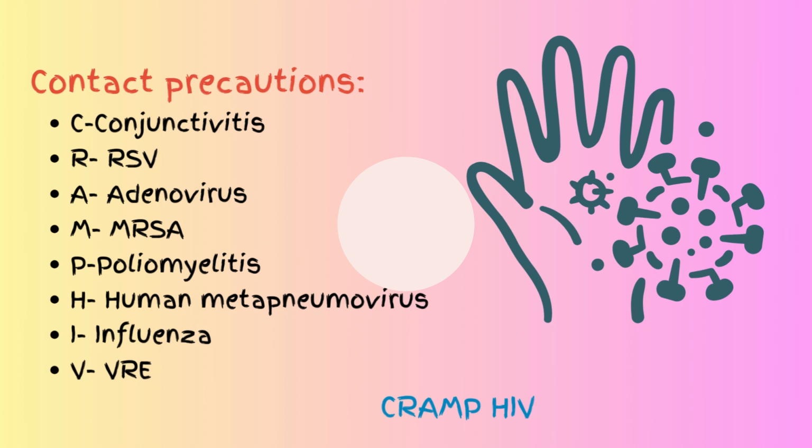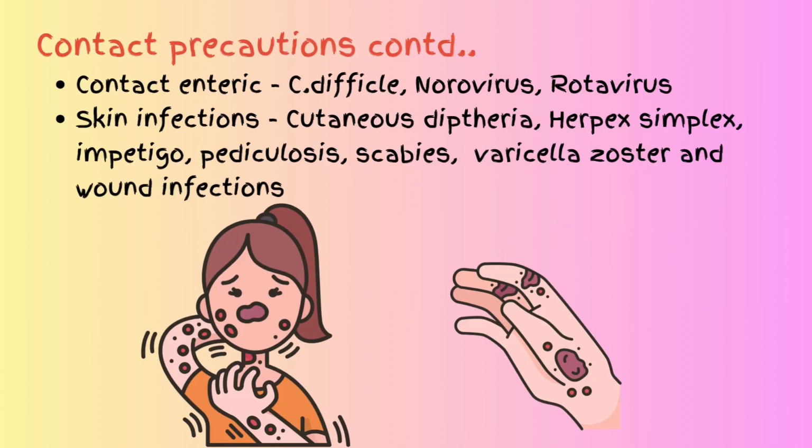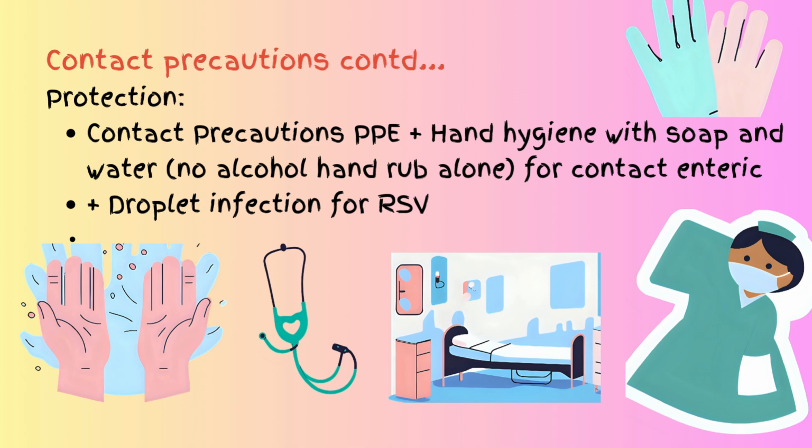Along with CRAMP HIV, we have some more. They are contact enteric, C. difficile, norovirus, rotavirus, and skin infections such as cutaneous diphtheria, herpes simplex, impetigo, pediculosis, scabies, varicella zoster, and some others. For the protection,